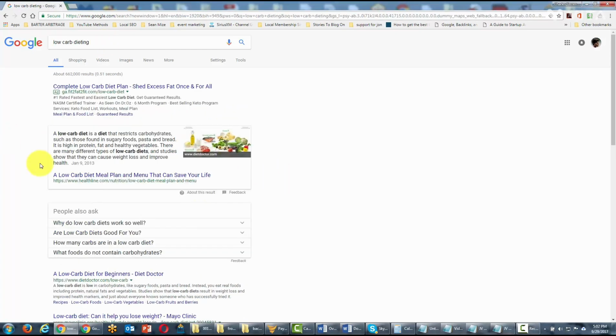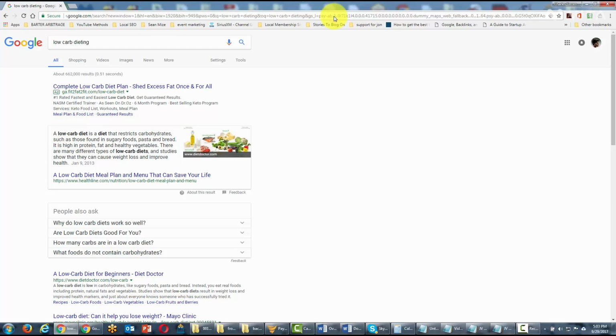Typically, when you are doing a search, Google will attempt to bring you the most relevant results. In some cases, it may or may not bring back the exact word. In this particular case, the search term is dieting, and Google brings back low-carb diet, believing that this is most relevant. However, we may very well want our search to reflect only low-carb dieting, and we can take care of that by going into our URL.